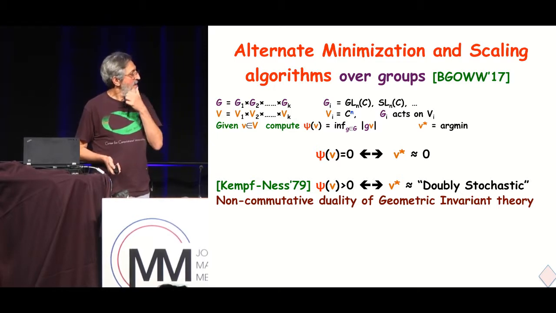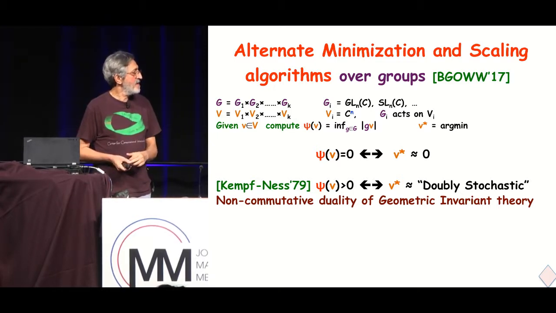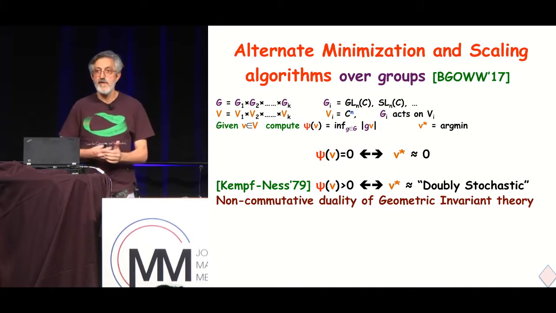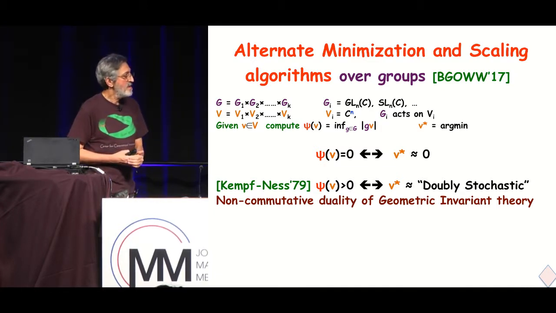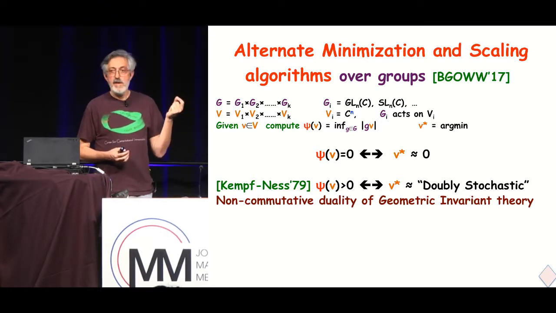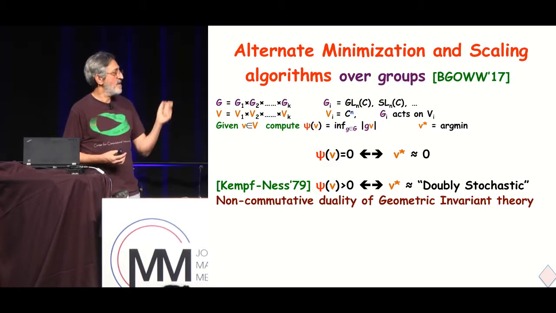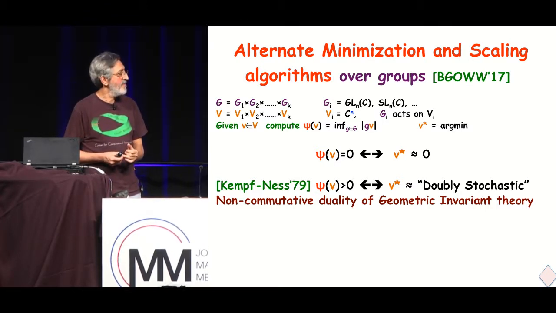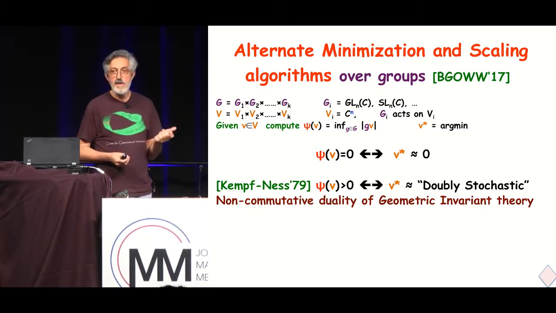And there's a non-commutative duality theory in invariant theory that tells you that when you cannot do that, when can't you push it to 0? When does this optimization stay positive? And it turns out that this happens